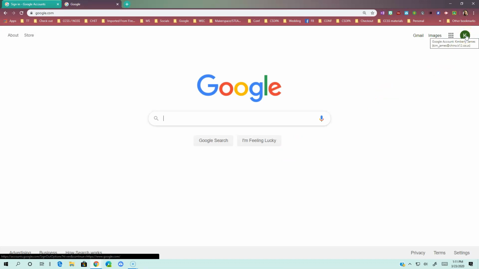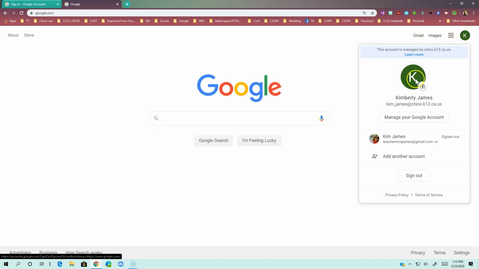Here I can see as I hover over it that it says Google account, my name, but most importantly it reads the district email account I normally need to log in with. So keep in mind that you can pop up here and check all the time, and if at some point you see a personal account, you can simply tap on that circle and go down to choose another account that